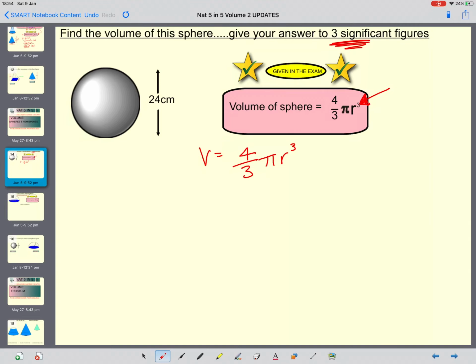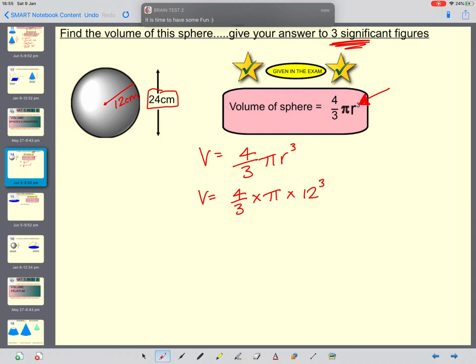And you're substituting r. And now you have been given 24, which is the diameter. So on your diagram, I would always put in the radius of 12 centimeters just to make sure that you are definitely using the 12 and not the 24. So your volume equals 4/3. These are all multiplying together, multiplied by pi, multiplied by 12 cubed. And all you're doing is typing this into your calculator. Please learn how to use your calculator properly, and please for the 4/3 part, try and use your fraction button on your calculator. So type all of that in and you should get an answer of